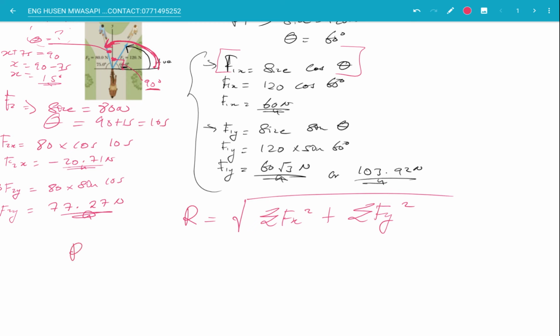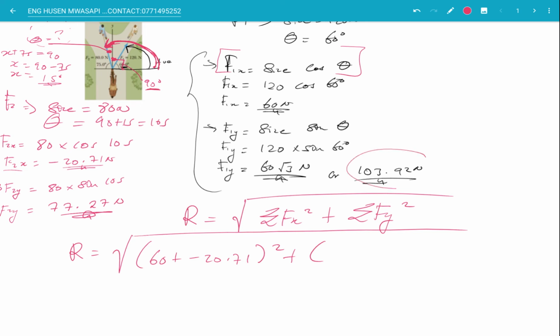My resultant is equal to the root of, what are the x components that you have? You have 60, then you have this other one, so it's going to be plus minus 20.71, because if you add a plus a negative, it's going to be plus minus 20.71, then this will be squared, plus all the y components, which will be